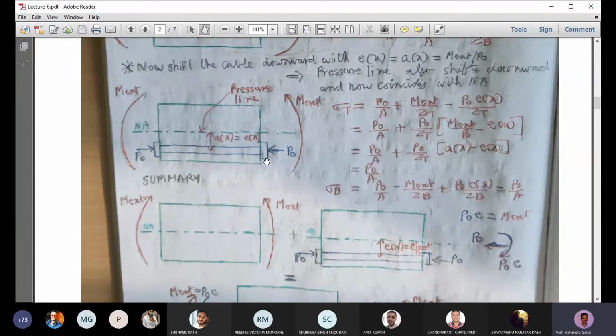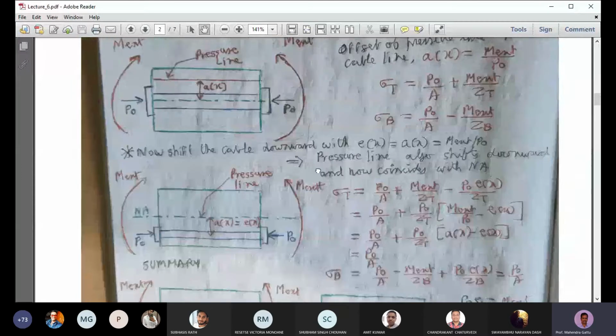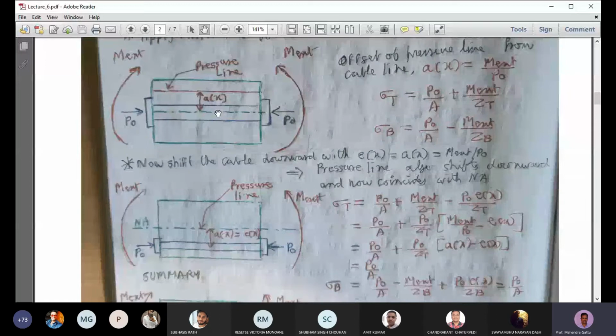So this will produce a hogging moment, so the bottom fiber will again be in compression, so plus P naught E of x by EB. Again, these two terms, the second and third terms, will cancel out, and we are left with P naught by A. So what we have found here is when you move the cable line, so this is the initial cable line,